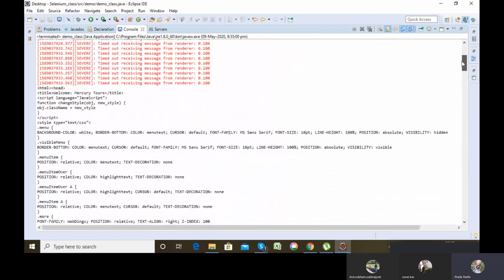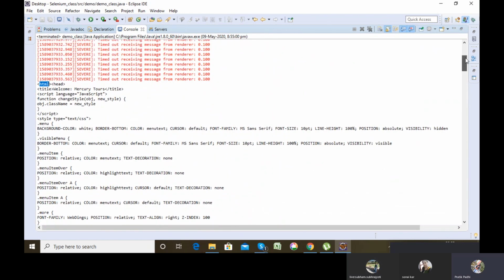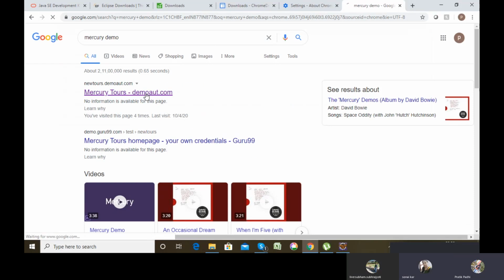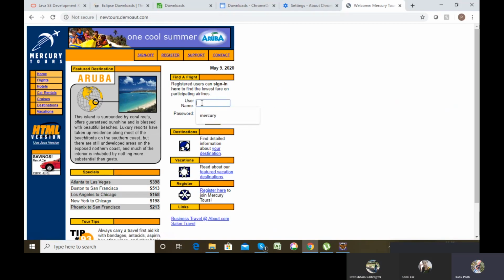Got my point? Starting from HTML, it got printed up to the last ending HTML. So if, say for example, some hidden element gets missed while writing XPath in the Chrome inspector, you can just print it exactly after that element comes here in the console and extract the XPath of the particular web element here. Okay. You got the username and password? This is a demo site for testers. So Mercury will be the username, Mercury will be the password.